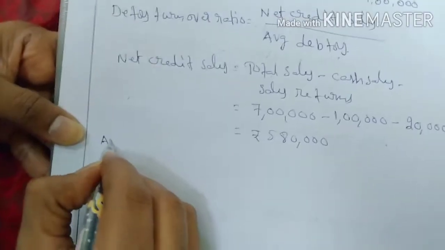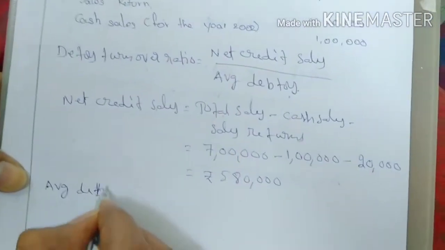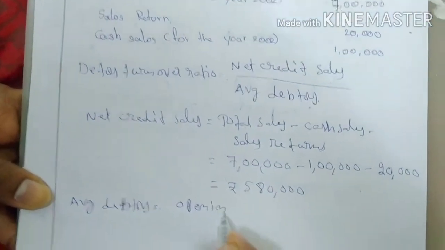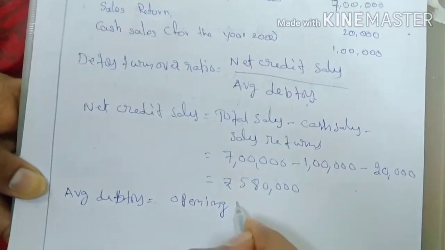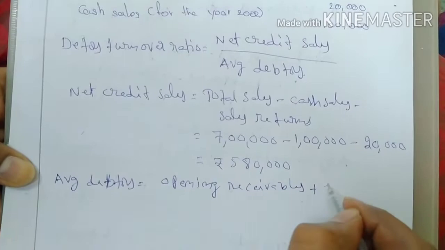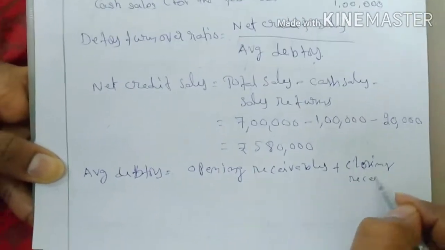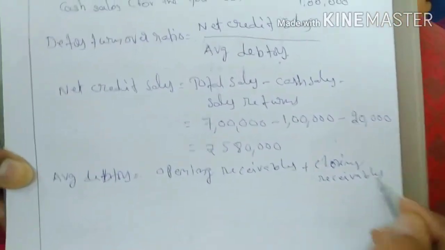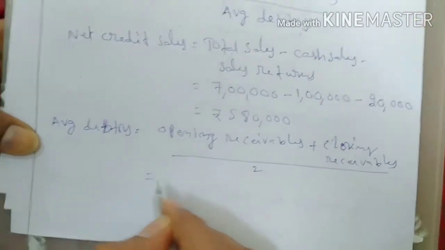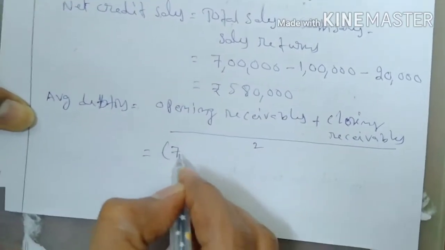Next here average debtors is equals to opening receivables plus closing receivables by 2, that is equals to 70,000